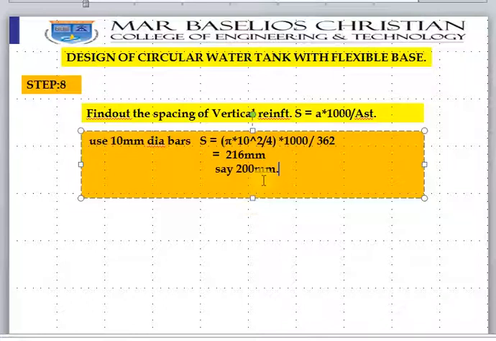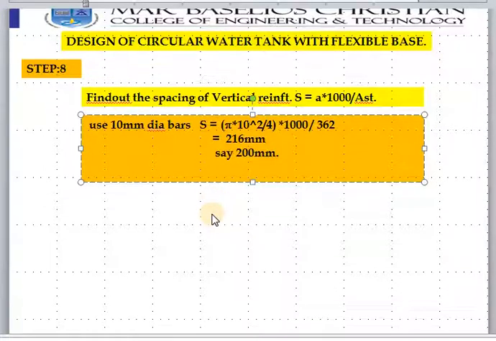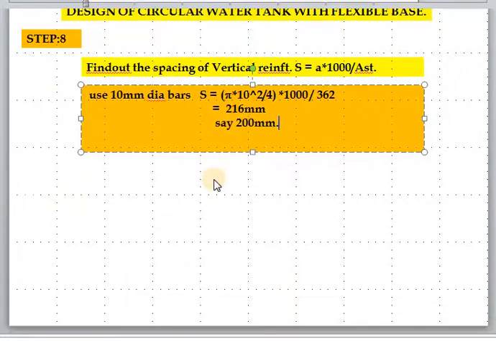The maximum spacing is 3D, if you are using Fe 415 steel and it is a main bar. So 3D you can use. So 3 into 160 is within the limit only. It's not a problem. For distributors, you can take it as 5D. Okay, 3D or 300 mm, or 5D or 450 mm. In our case it is safe only. Normally it will be safe only, no need to check.